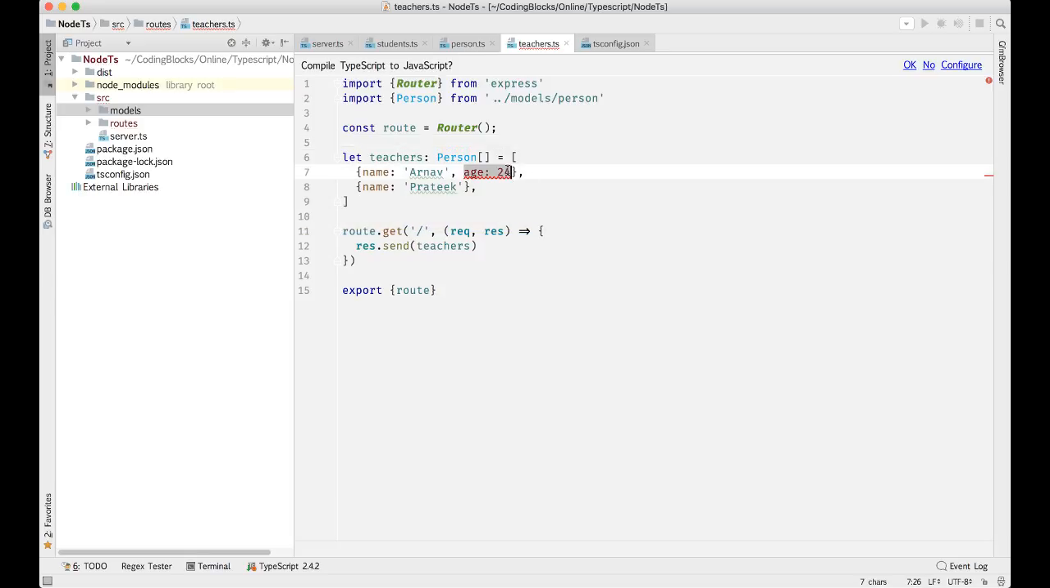So we're going to see how we can make some additional optional items we can add into our objects. Later on we're going to see that, but like this we have created it. Okay, so teacher is a person array and so on, and if I want to say go to root.get